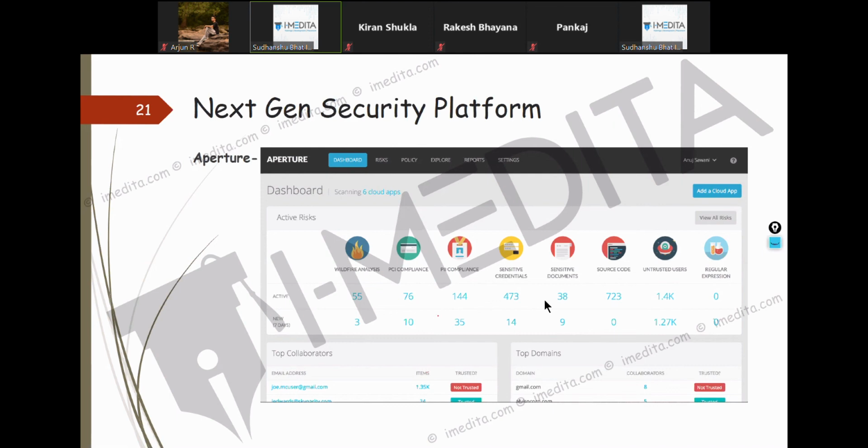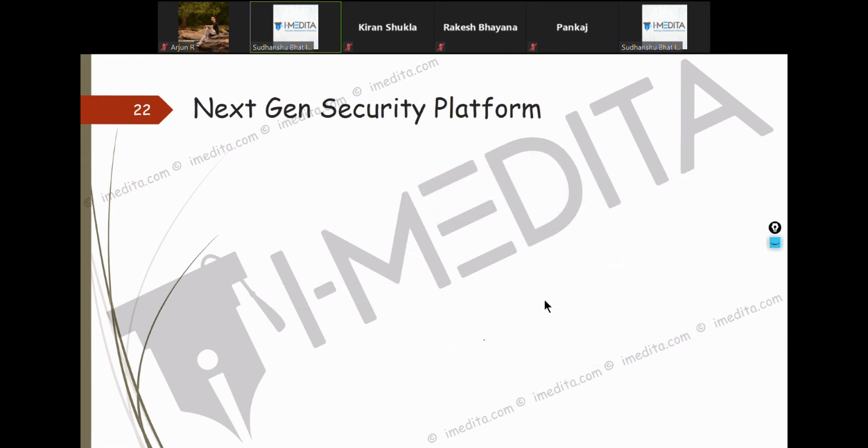Okay, so you don't have to learn about all these different SaaS applications. It can also do scanning for malware and stuff. It will also give you information about who the top collaborators are, how many compliance issues we can have, what has happened in the past 7 days, who the trusted and untrusted users are, and whether they have reduced. Okay, so one single place to have.